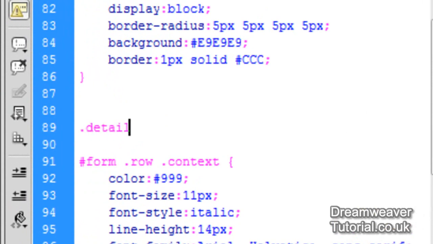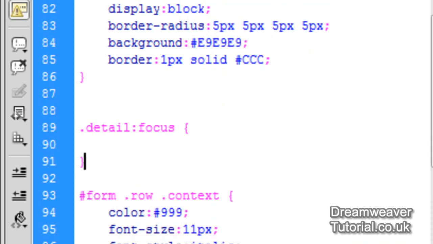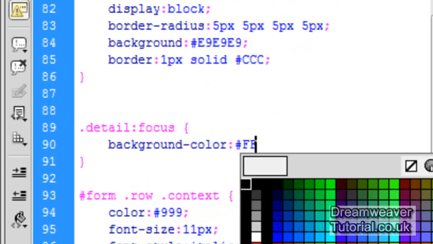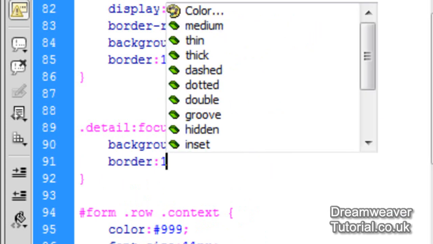So we'll type .detail:focus, and this will target our form fields with a class of detail, the name and email fields. So we'll change the background colour, so that's background-colour, and we'll change the background to white, #FFF, and we'll also change the border colour to 1 pixel solid